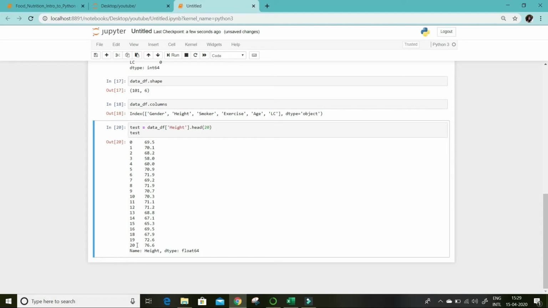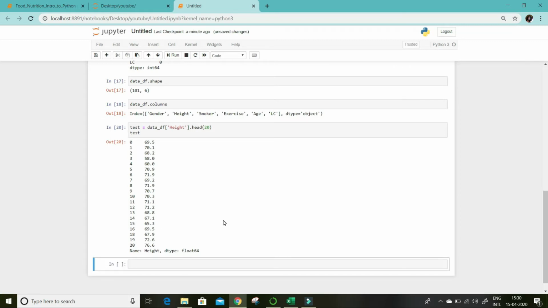Now why can you see 20 over here? Because we have dropped two values, and if you see which value has been dropped, row number 17 has been dropped. That's why this is the row number that you are seeing from the original data set, but the value count is still 20 only. So these are all things you have to keep in mind when you are doing any Python code. Some people might ask why 20 is coming if it starts from 0 and you have given head equal to 20. You have to see why it is coming: because you have dropped one value, and it is showing the row numbers from your original data set. 17 is missing over here. That's why if you count, it is still 20 only.